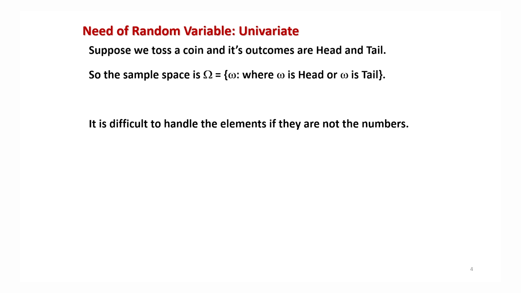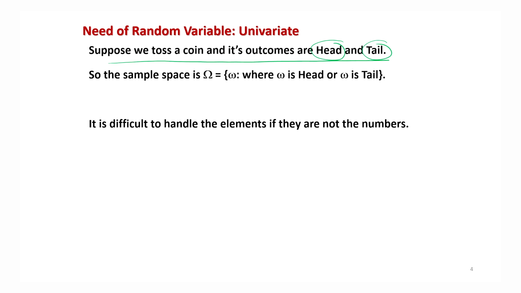Now, let me try to give you an example through which I can explain what an experiment is, what the outcomes are, how a random variable is associated, and how it is transformed to a statistical function. Let me take a very simple example of a coin, where we toss the coin, and whenever we toss a coin, the outcomes are either head or tail.